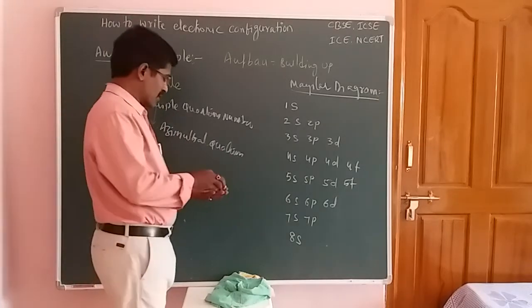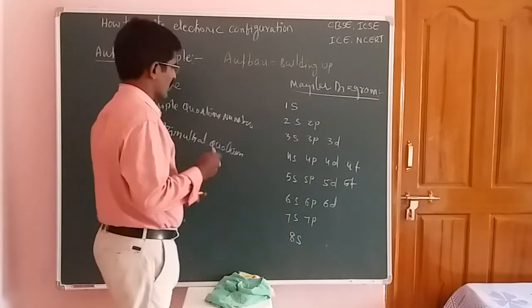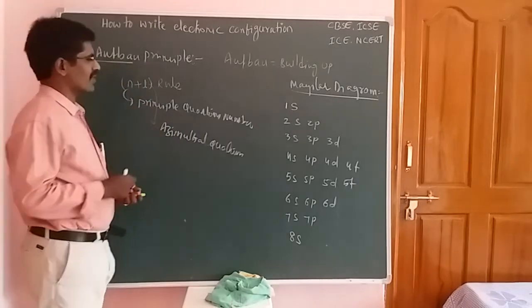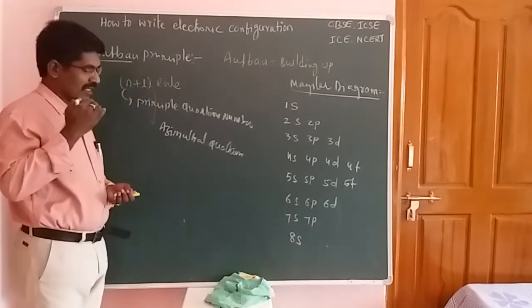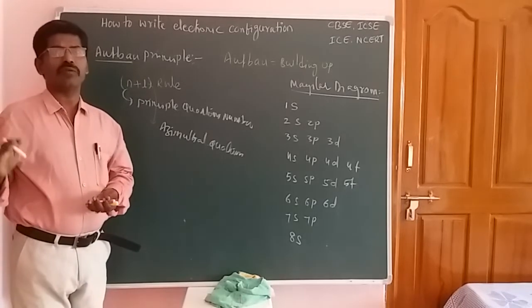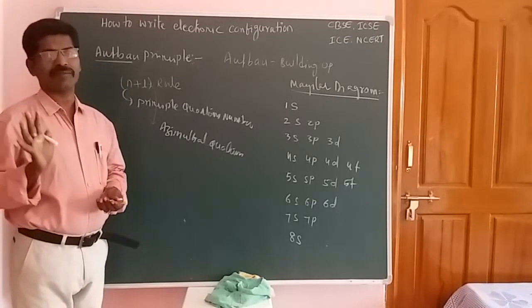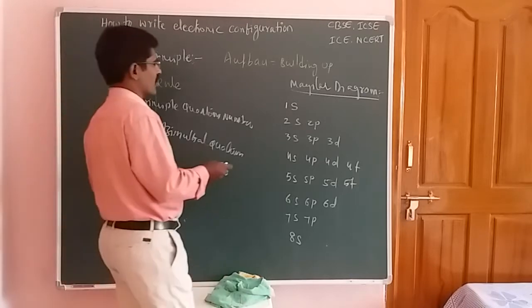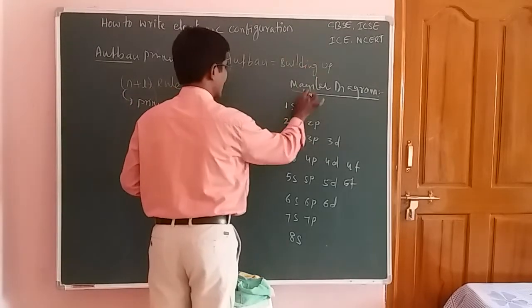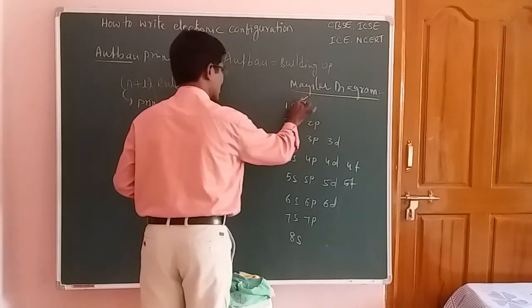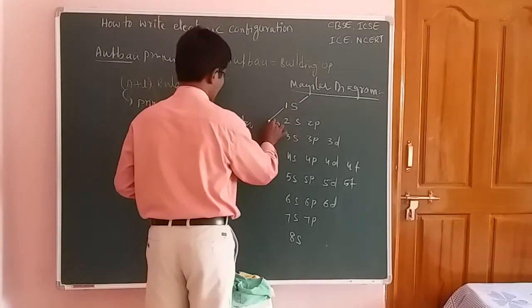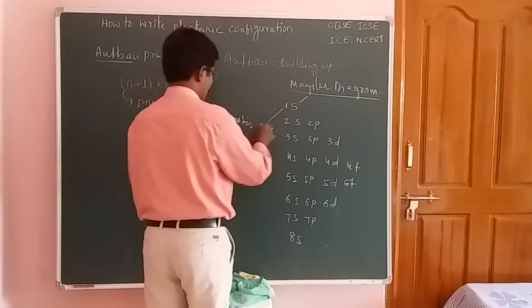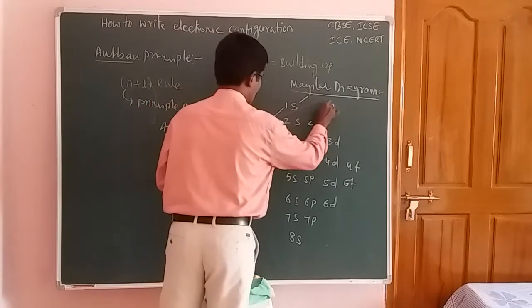Now this diagram is arranged so that the electronic configuration is arranged from the lower energy level to the higher energy level. That is the concept, students. First we have to start from the top right side, and it should come down like this, students. Next it is connected like this, to 2s.